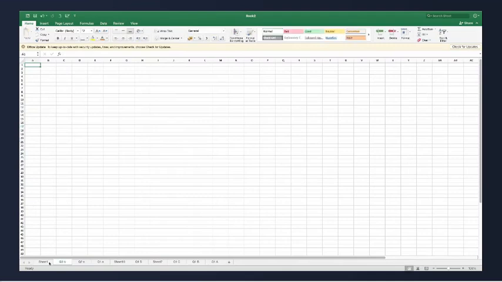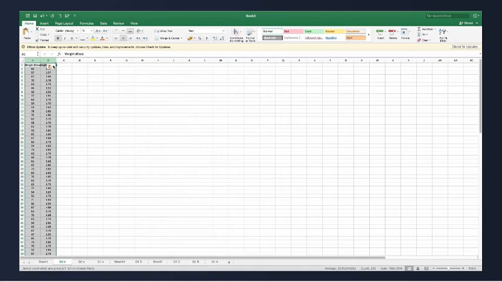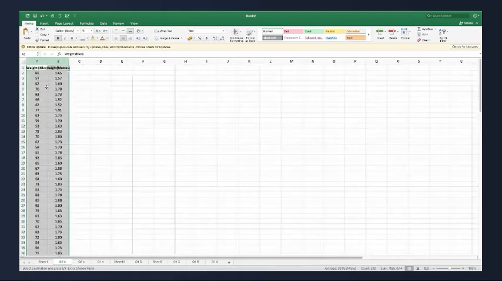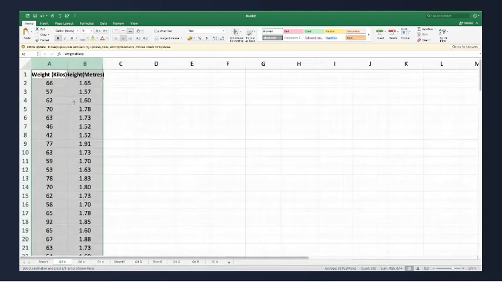Let's put in the weight and height variables. I need to test the correlation between these.